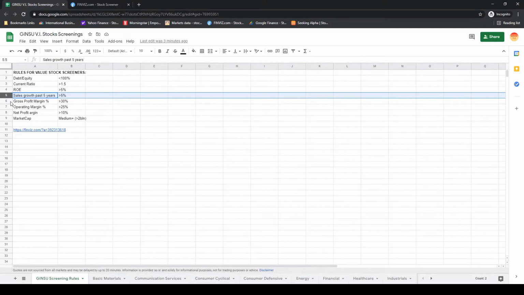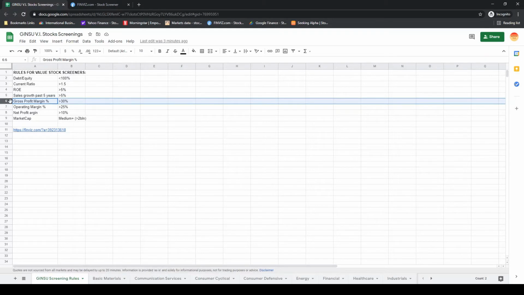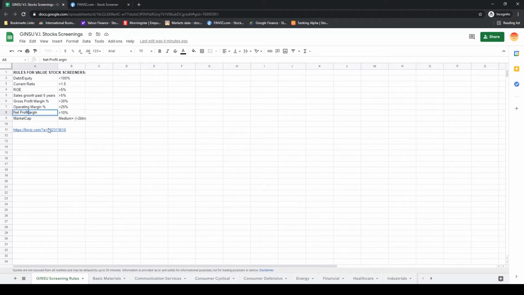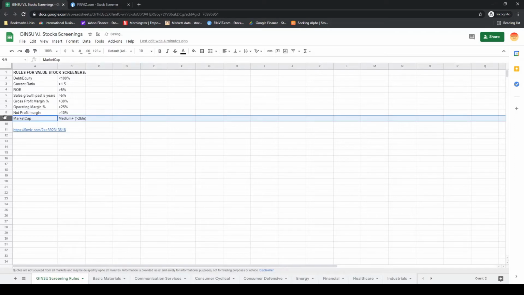We'll be looking also for businesses with gross profit margins higher than 30%, operating margins higher than 25%, net profit margins higher than 10%. Pedantic a little bit here. And I'm also going to look only for companies with a market cap higher than 2 billion. Okay. So the screener